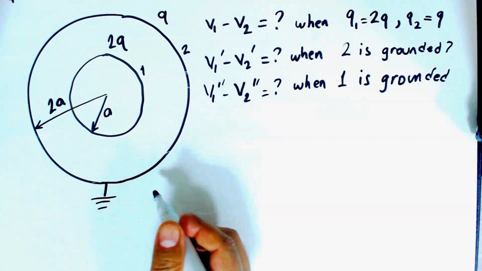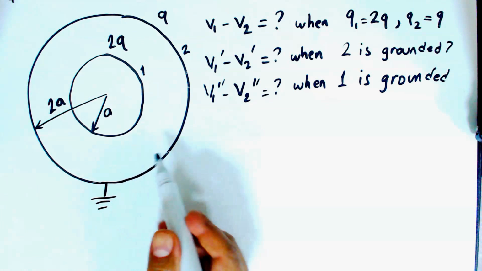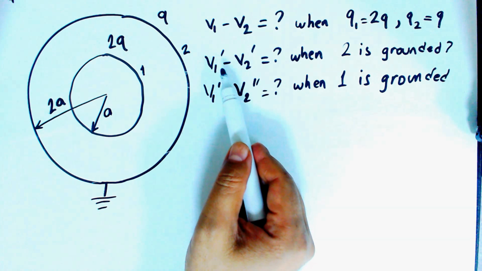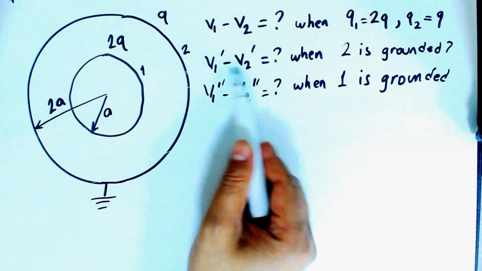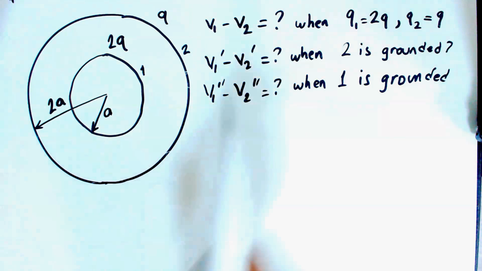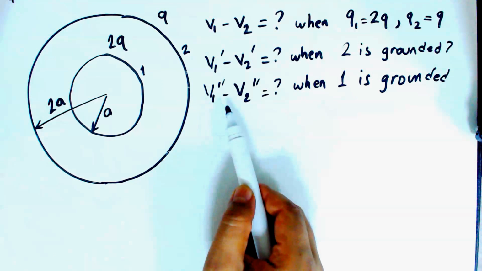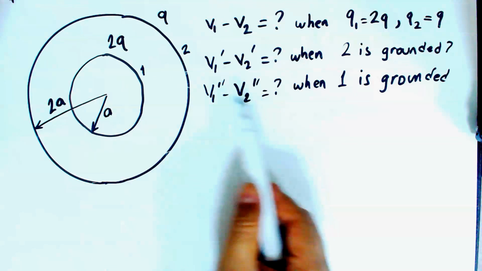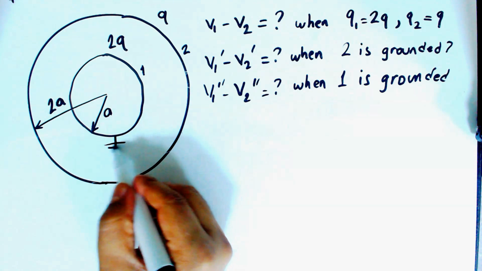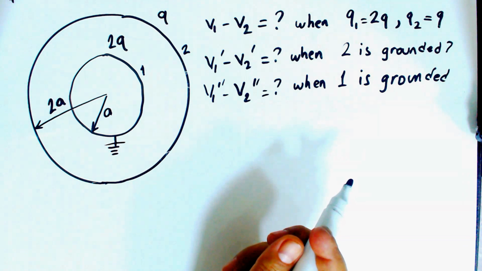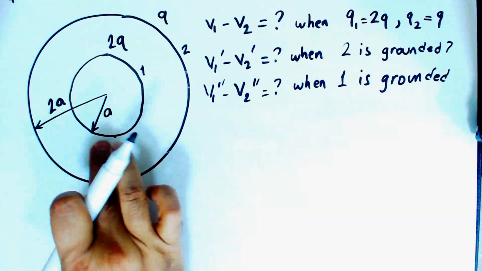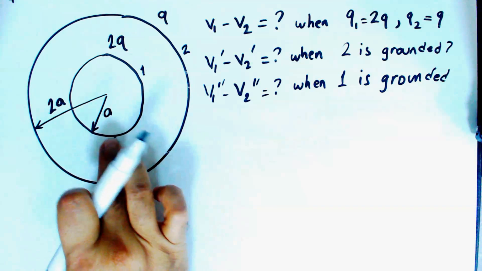Okay, so in the second case we will ground the outer shell, and we will calculate the potential difference again. Okay, but this is the second question. The third question is the same potential difference, but this time the inner shell is grounded. Okay, so let's start with the first case, that these two shells are not grounded, they are isolated from